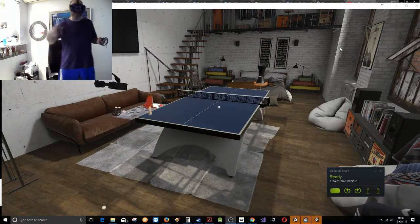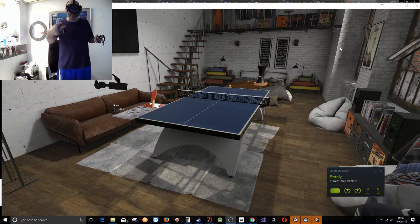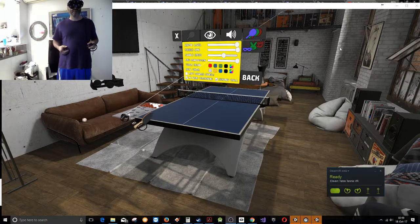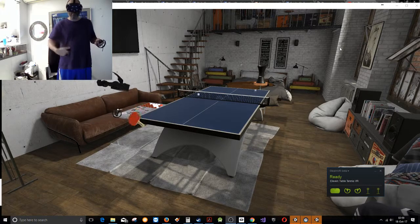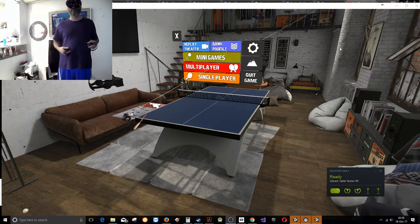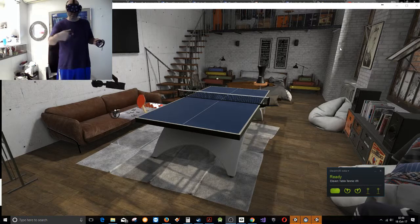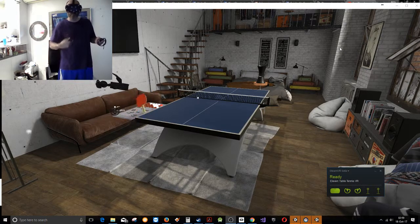Like in front with closed racket, like this. See? Could be even more. But I think it's also because I have the speed. Okay, let's put it on max. That's too fast. No, that's too fast. Speed. See, like this. Front and front. A little bit more, because I should play like, if you see